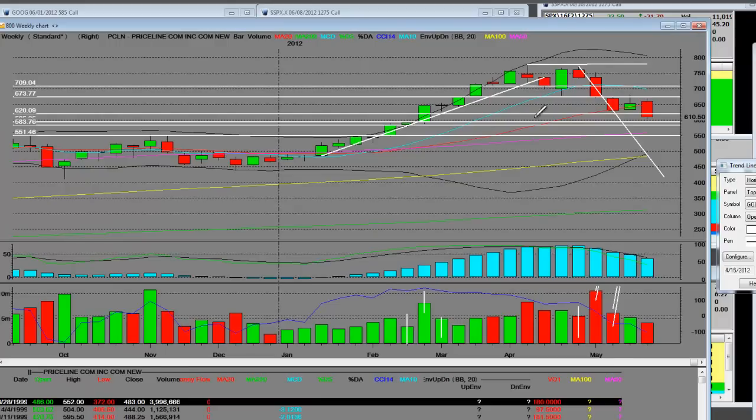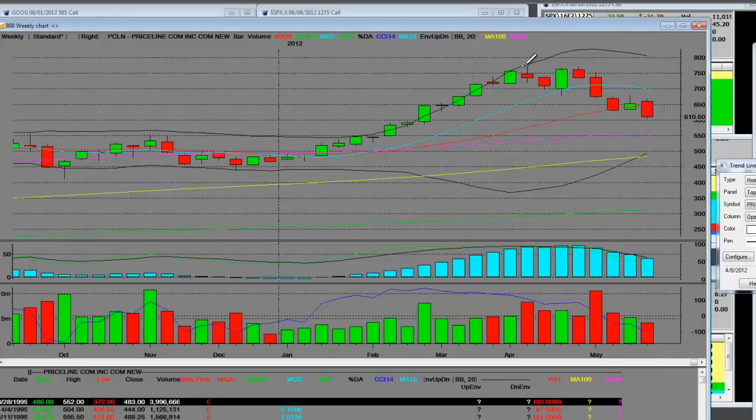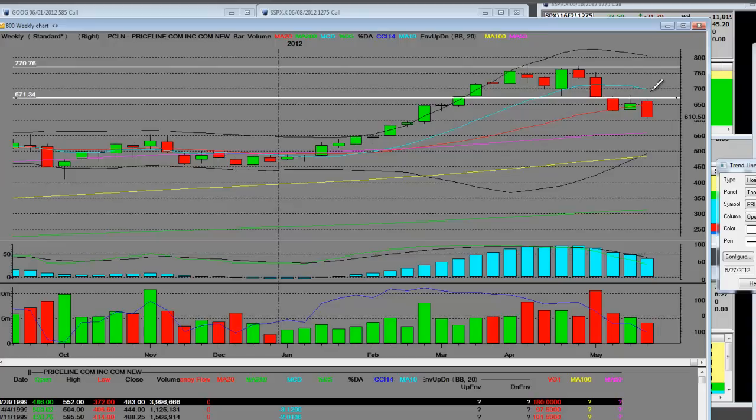PCLN, weekly chart, MMTs. This one is in a bear trend too. 1, 2, 3, 4 weeks below the 10-week moving average. You can see up here it hit my target at that 775. We've been net short. Yes, we have gone long off the bottoms and whatnot, but you are no longer in that long-term bull trend with the 10-week going up. You'll notice that Priceline led all the indexes higher as well, but it too has closed 1 week, 2 weeks, 3 weeks, 4 weeks below the 10-week. That qualifies that the bear cycle is in play.